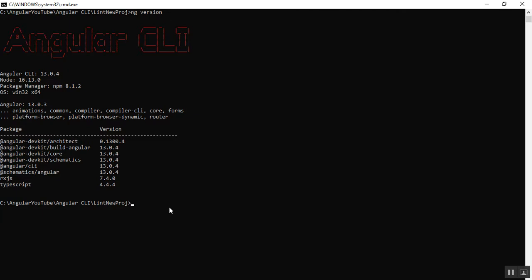So we need to know which command is used to lint the code. So I just use one command called ng lint. This command will be executed successfully because for linting TypeScript I have already installed ESLint to my Angular 13 project. So it will be executed without any error. So if I press enter here,